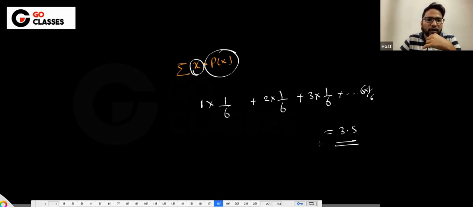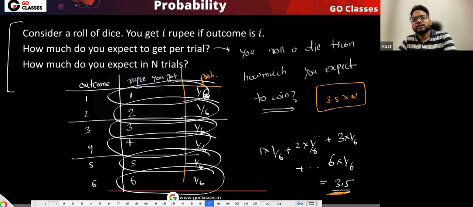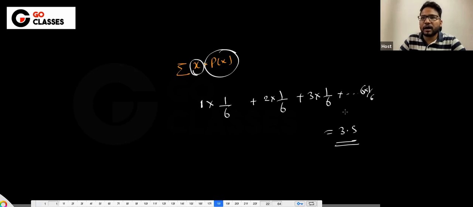Okay. So one is asking how 3.5 can be the answer, because rupees are in whole numbers. See, this 3.5 represents an expected number. Expected number means that if you run your experiment multiple times, then on average, you will be winning 3.5 rupees. It says that if you are playing this game, let's suppose this is a game,